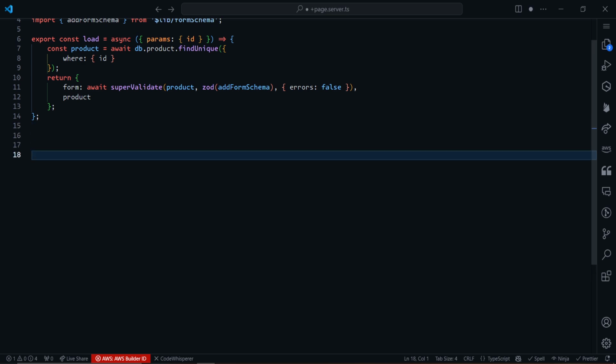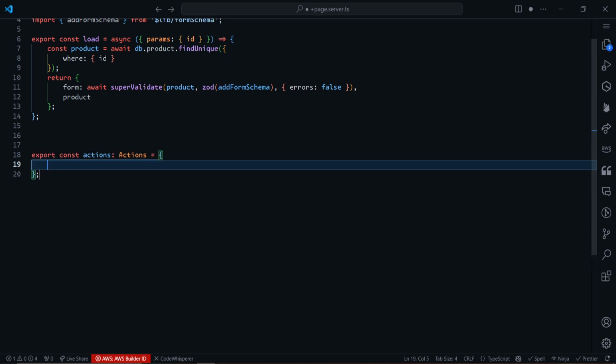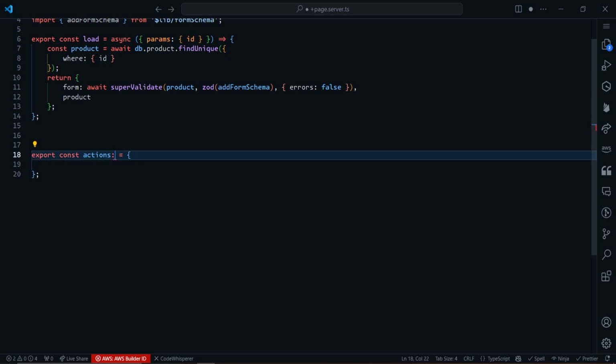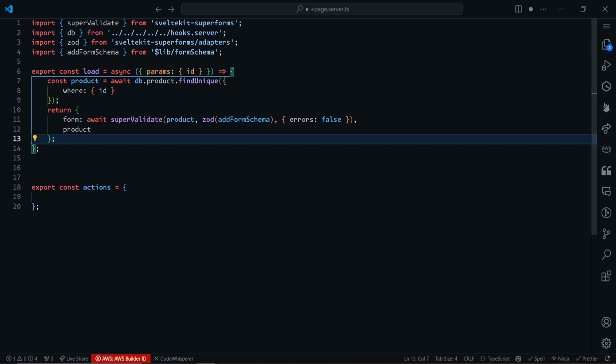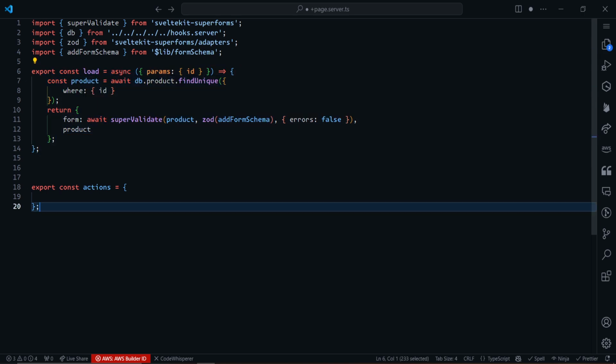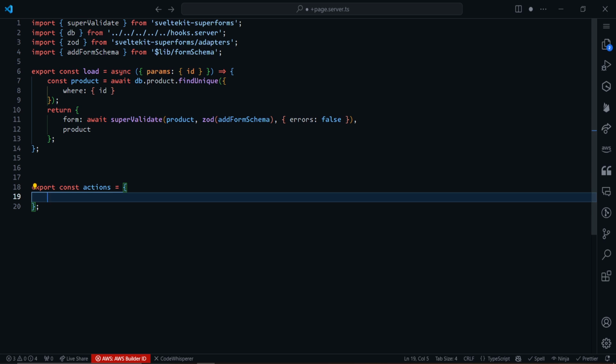Now below here we want to create the action. I'll do kit actions, and just mind you, it doesn't really matter where you create the action. You can create the action above. The order is not important. I just like doing my load functions first, then the actions second. Just preference. Now this is going to be a default action. We can go with default,